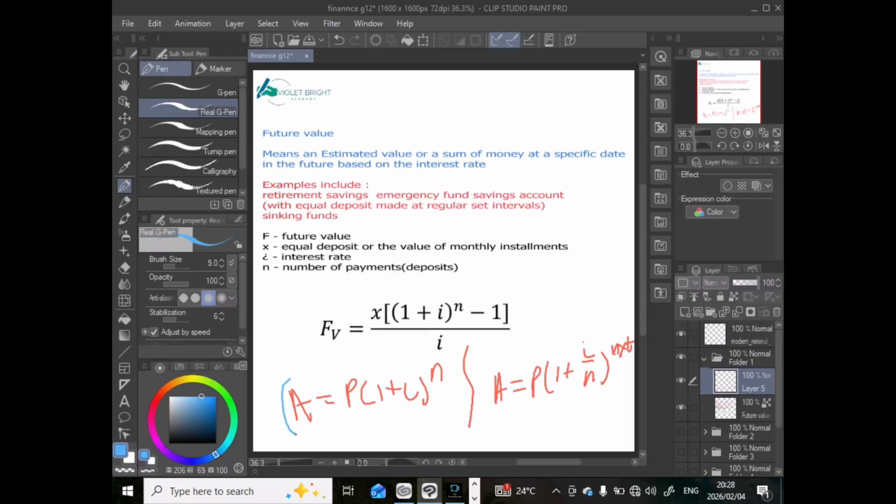There's the accumulated value, or the amount of money in the future. It's basically like this VF, which is the future value. So this is basically the amount of money that we will be having in the future. Ne? Now P, you remember P was the starting or principal amount. So now here we have a similar thing, ne? Which is the monthly or equal deposit.